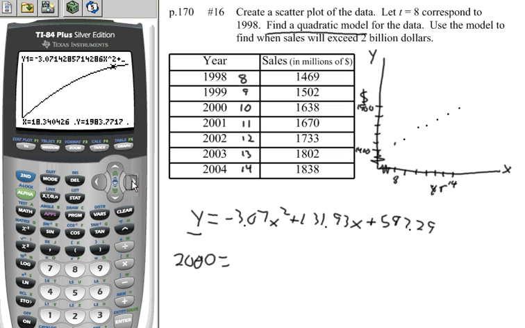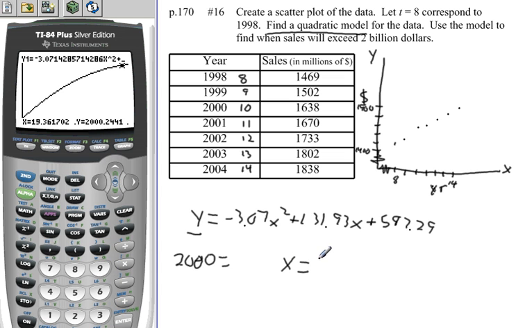So if I trace as far over here as I can, I might have to go off my graph a little bit. That's okay. Whoops, I went past it. Right here, I have a value very close to Y equals 2000, and my X value in that case is